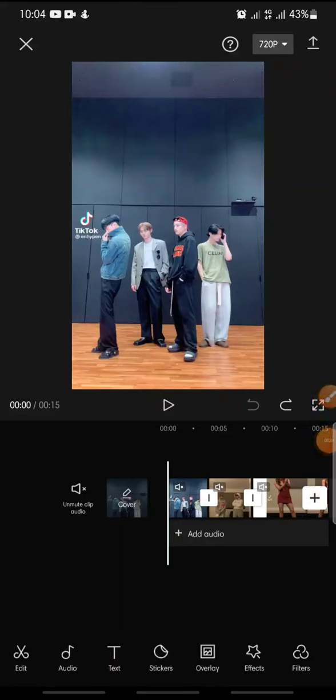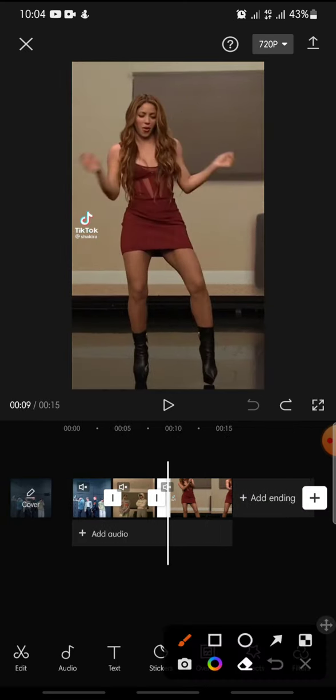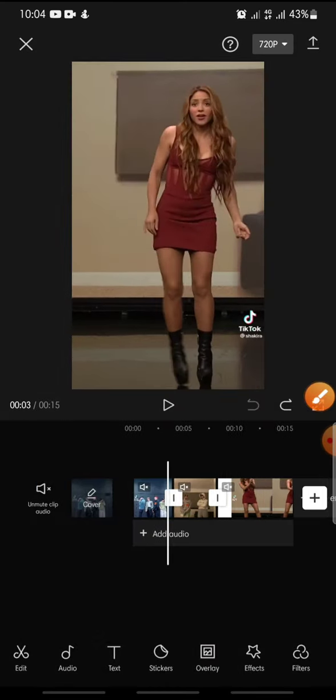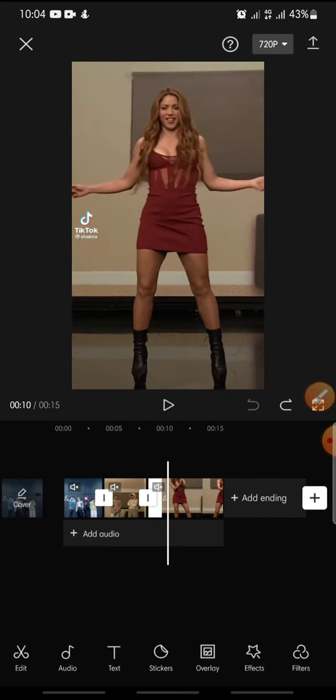In this video, I'm going to show you how to add a pull-out transition on CapCut apps. Now let's get started. First, after you open your CapCut apps, you just click on add, and you can add the video that you want to edit. In here, I want to add a 1, 2, 3 video. If you want to add a transition or a pull out transition, so you just click on